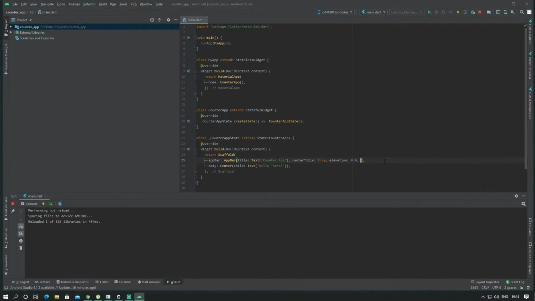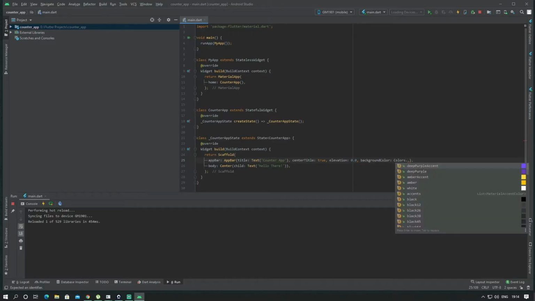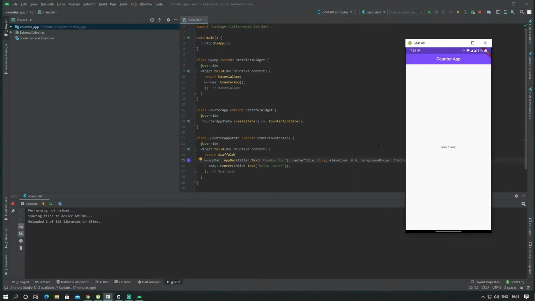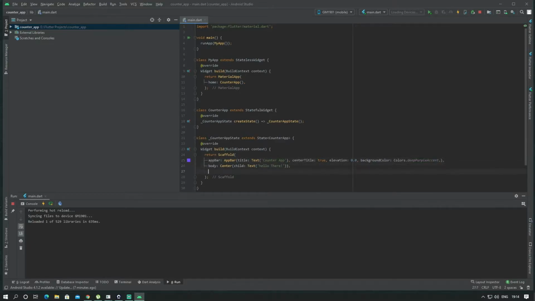Great. We need to change the background color as well. Background color, and I'm going to go with Colors.deepPurpleAccent. That will be okay. Let's see. Great. Okay, so yeah, we have it here. Now this is the app bar design. Now we need one more thing before we continue with our logic, I mean body design,